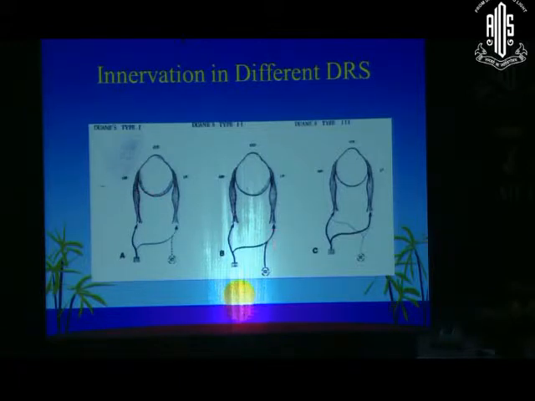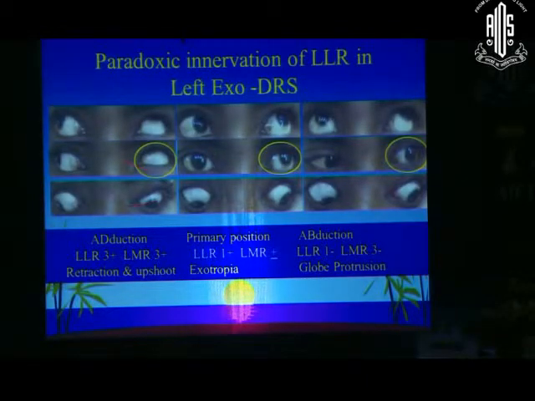Or it may have some amount of abduction coming in the LR, but still there is a miswiring coming from the third nerve. Or it may be both, at all times there is a miswiring from both the sixth nerve and third nerve, the type 3 DRS. So in these cases you may have very gross upshoots and downshoots, almost disappearance of the eye because of the co-contractions that are occurring.